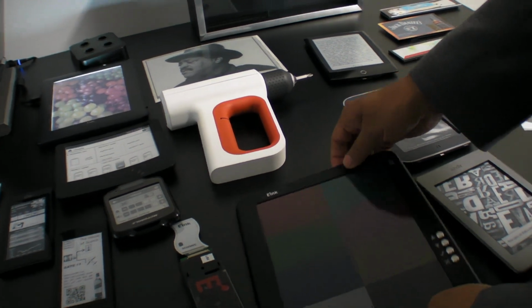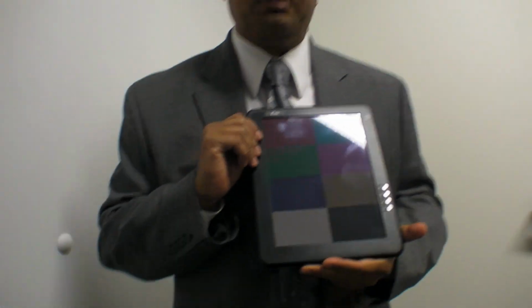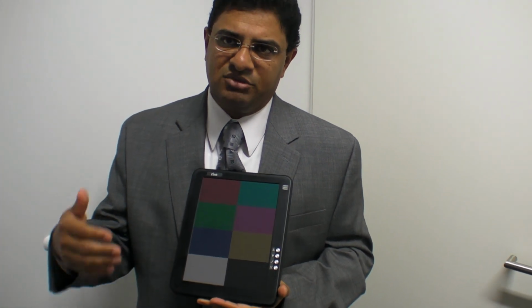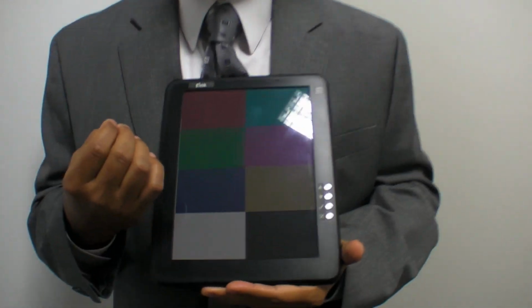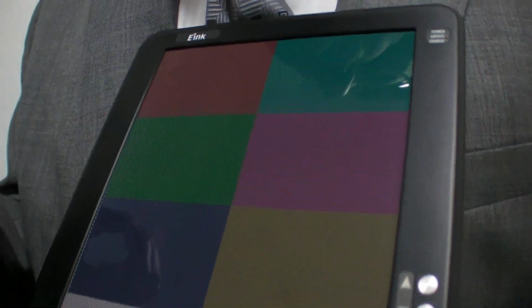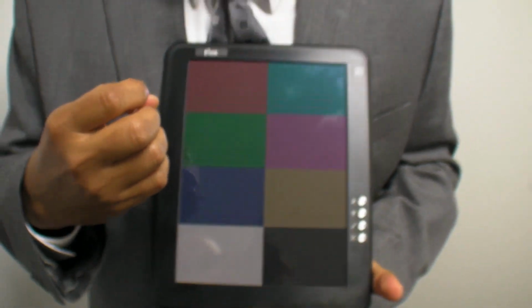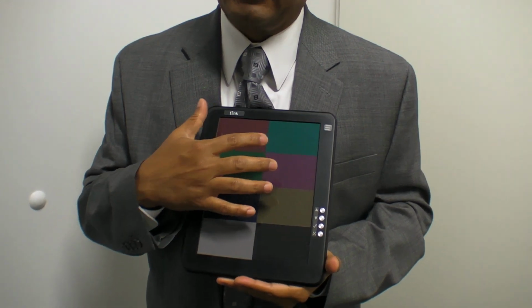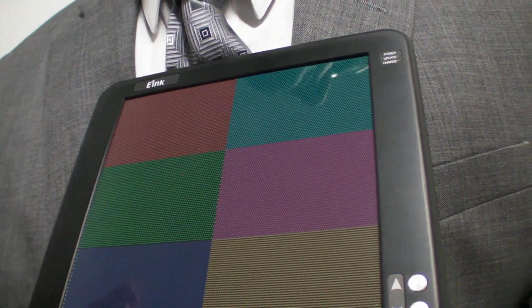So I have here, you've seen the Triton 1 sample from before. The Triton 1 display is what is being used in the current e-readers, like the JetBook and the Hanvon device and so on and so forth. This is the Triton 2 example. What we did here was to increase the color saturation, we increased the size of the pixels. Once you increase the size of the pixels, they're not really that suitable for reading because you want much smaller pixels. But this size pixel, this is a 0.5 millimeter pixel display, and they work perfectly fine for signage